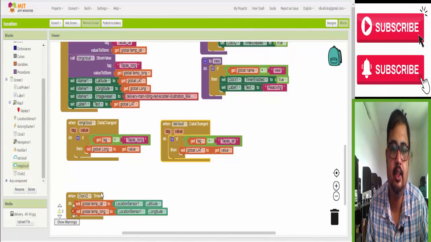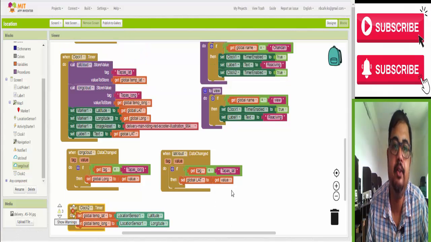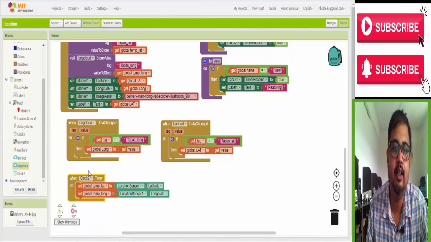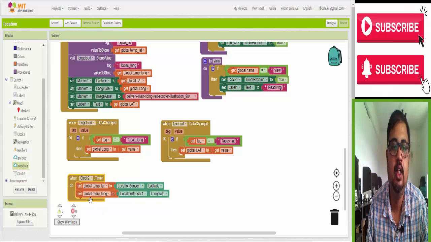Now the question is, which value is going to be stored here? The value to store, we retain in the global variable, but what is the value? The value is obtained in clock 2. See here, set global temp lat to location 1 latitude, that means your friend's latitude, and store it to temporary lat.